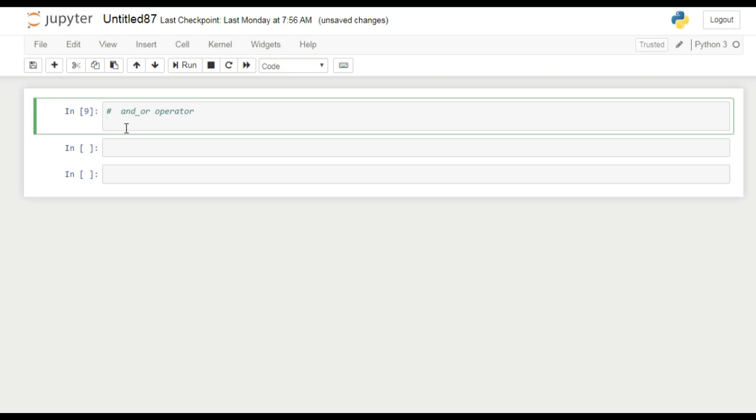Welcome. In today's video, we are going to learn about the AND and OR operators. These both operators have their own unique purposes. First, we talk about the AND operator. The AND operator executes if all the conditions are true. For example,